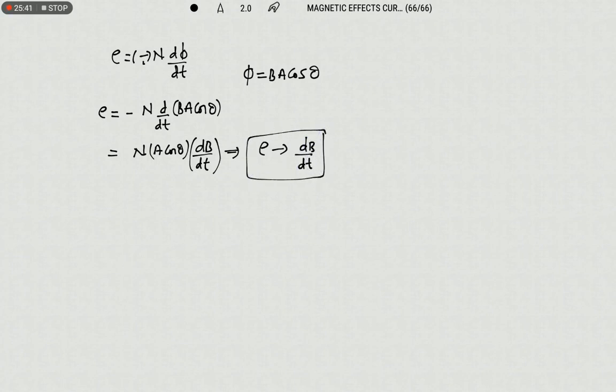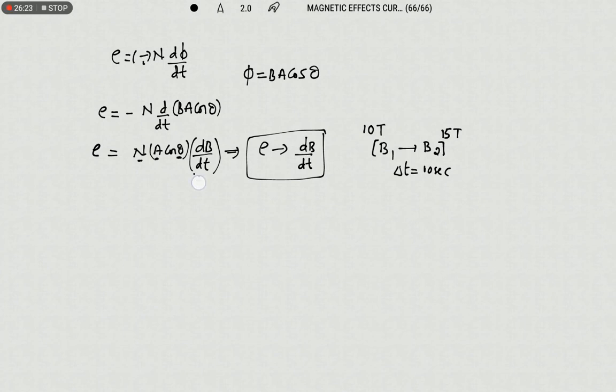If you change the magnetic field from B1 to B2 in a certain time interval delta t of 10 seconds or 5 seconds, for suppose in 10 seconds the field intensity changes from 10 Tesla to 15 Tesla. Here we are keeping the number of turns constant, orientation of the coil constant, and area constant. But what we are changing? The field intensity, with respect to time. So due to change in field intensity with respect to time also, the induced EMF is produced in the coil. That is the meaning of that.